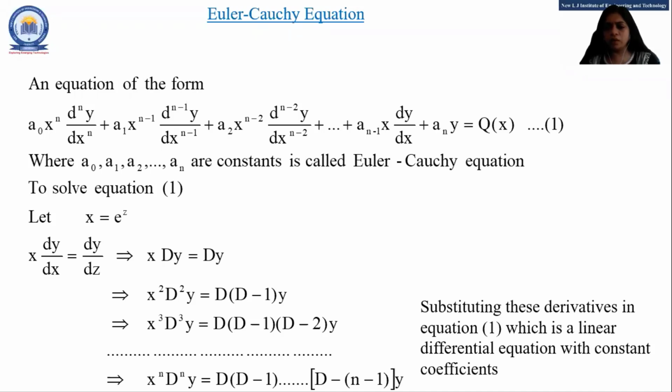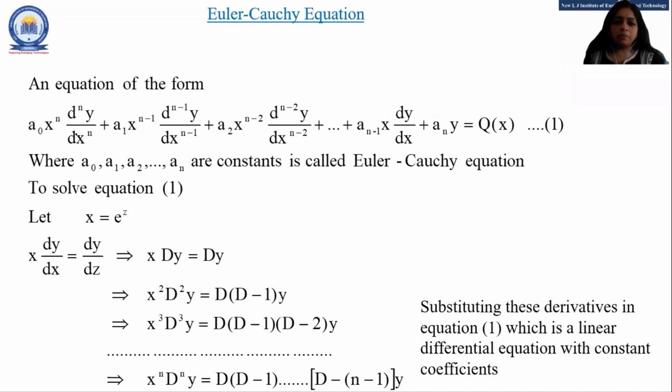Yes, Abhishek, I am going to unmute you. Give me your answer. Ma'am, in the previous equation, there was no x in it. Yes, very good, absolutely correct. Thank you. Many students also gave the answer in the chat box, and you all are right that x is a multiple of the dy by dx term. So thank you everyone for giving your answer.